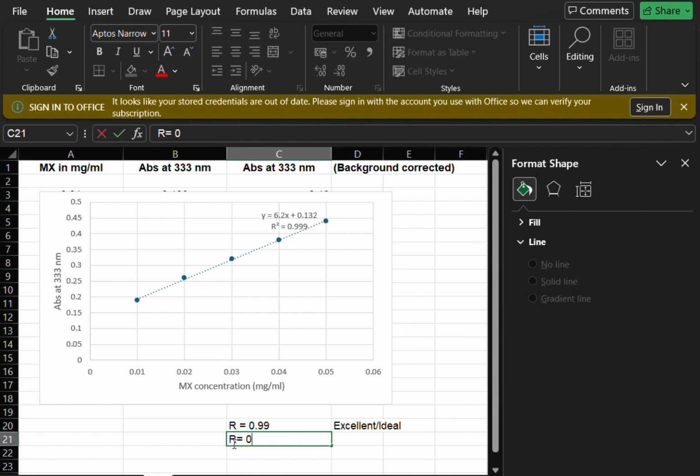is between 0.95 to 0.99, that means your data is either good or acceptable. In many fields, this is acceptable for routine experiments, but it indicates some small variation or potential inconsistency in the pipetting. Now, finally, if your R value is below